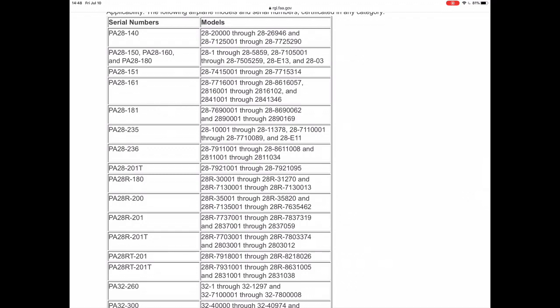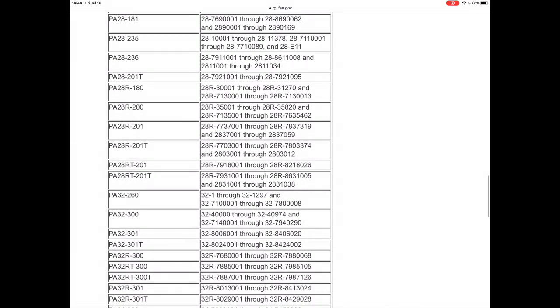This applicability portion is very, very important because when ADs are released, they are often released for a series of aircraft. We're going to get identification through two means. We'll have identification of the aircraft model, as well as identification for a specific run of aircraft designated by the serial numbers. So in this case, I told you we were looking at a PA28-181. So as I scroll this to the top, we see that our model affected is the PA28-181, and it is applicable for serial numbers